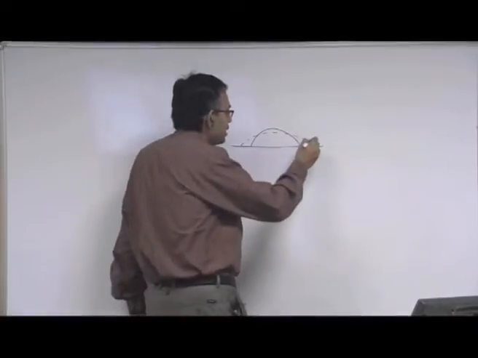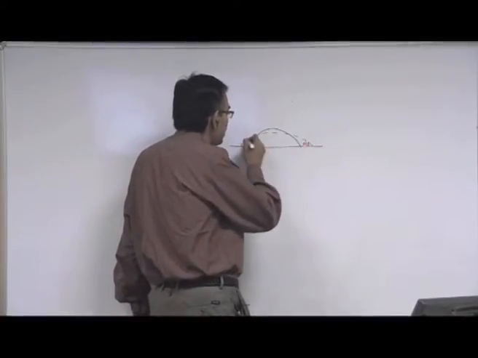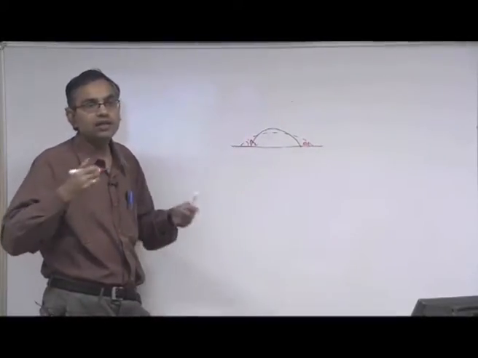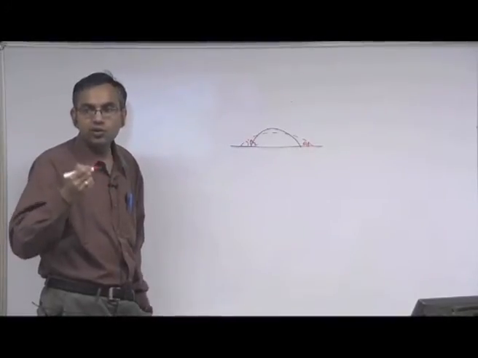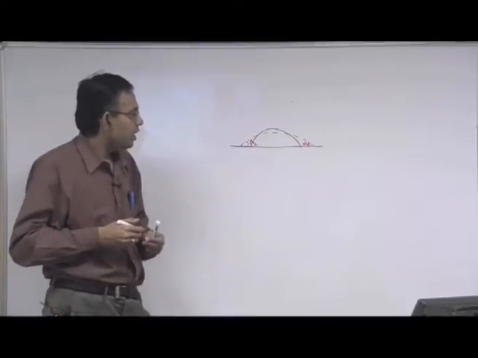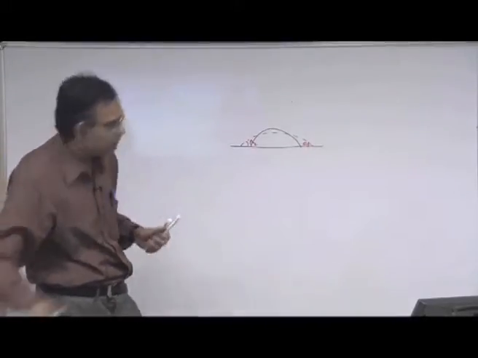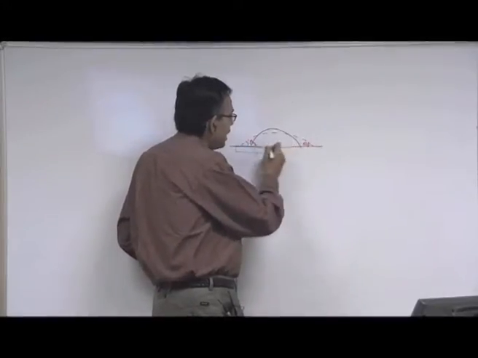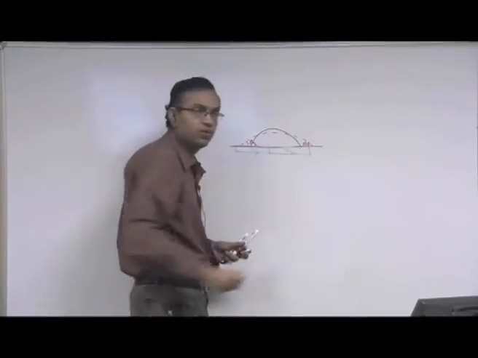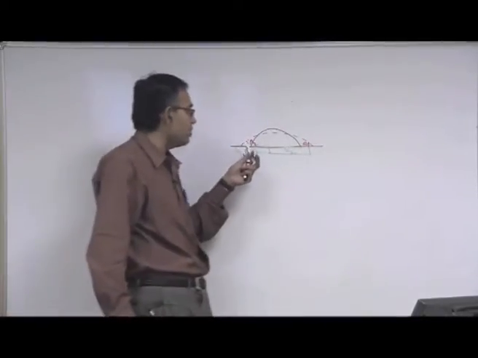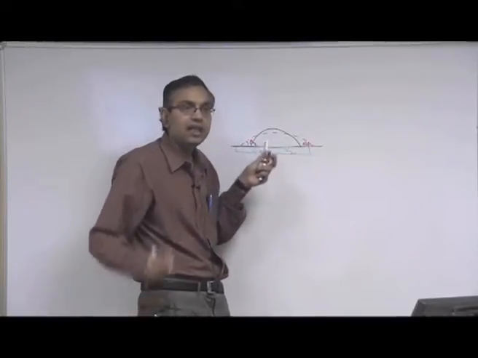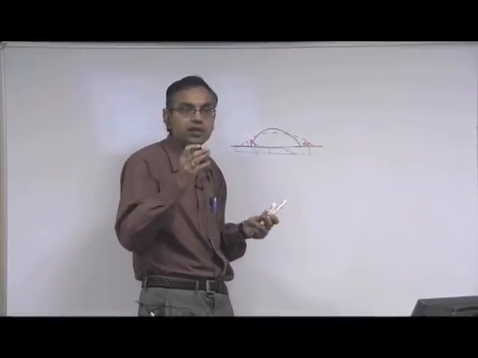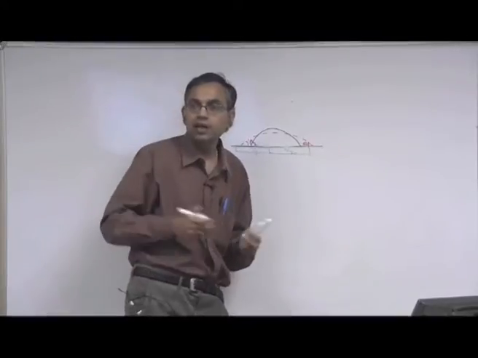On this side, if the contact angle is theta 1 and on this side it is theta 2, and theta 1 and theta 2 are the same, then there will be no net driving force, because driving force is related to the contact angle. However, if you now subject one part of the droplet to a voltage V1 and another part of the droplet to a voltage V2, where V1 is different from V2, there will be a differential of theta 1 and theta 2, and that can drive the droplet in a certain direction. That is the basic principle by which you can move a droplet by using an electric field.